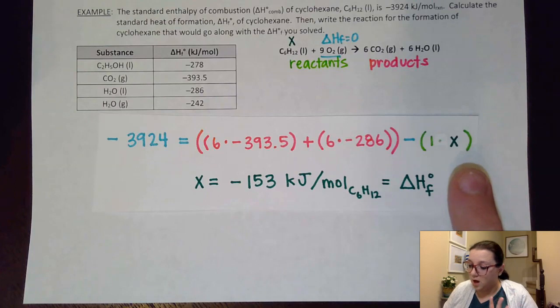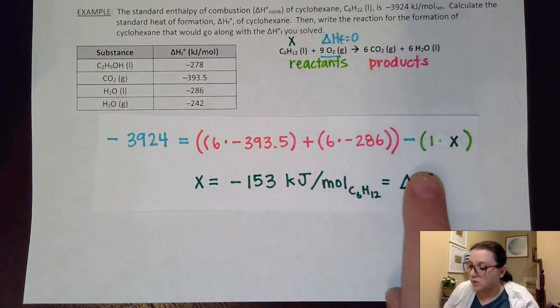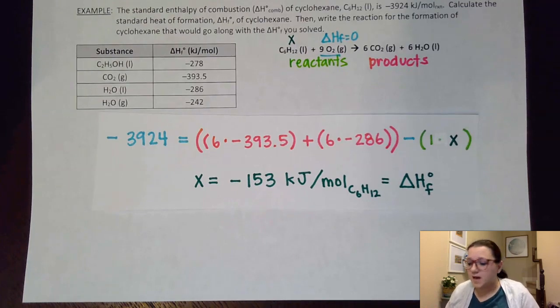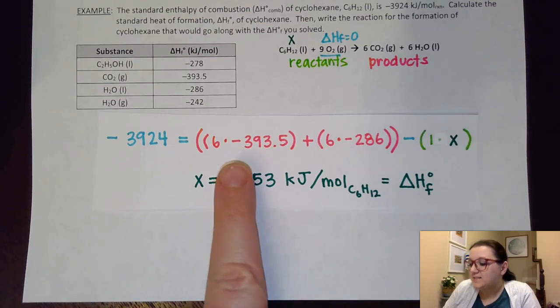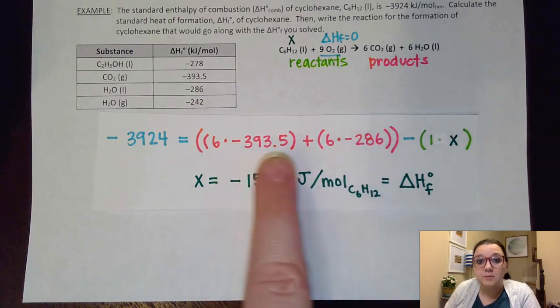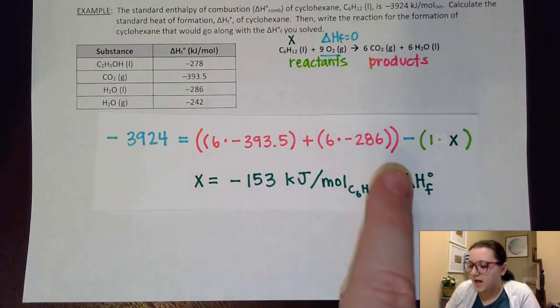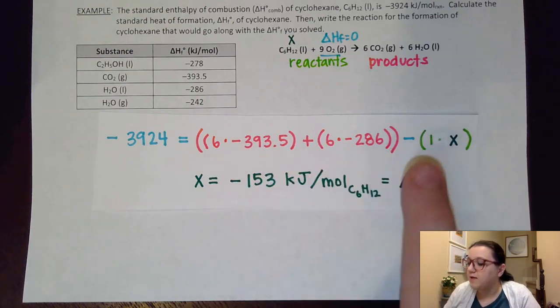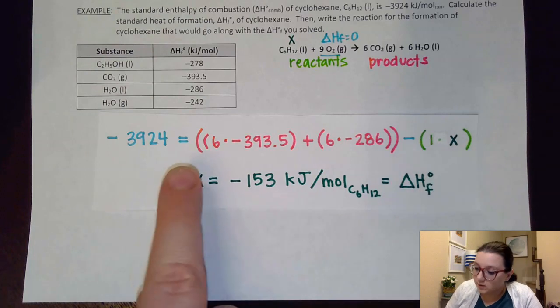Now I didn't include the oxygen, but I did put 1 for the mole of the C6H12 times the unknown value of X. And so X is going to be our goal on what we're trying to solve here. So on solving this algebra, what I would do is add up all of these numbers here that I have in pink, multiply and add them together in order to get what that answer should be. And whatever that answer is, that would have minus X equaling the negative